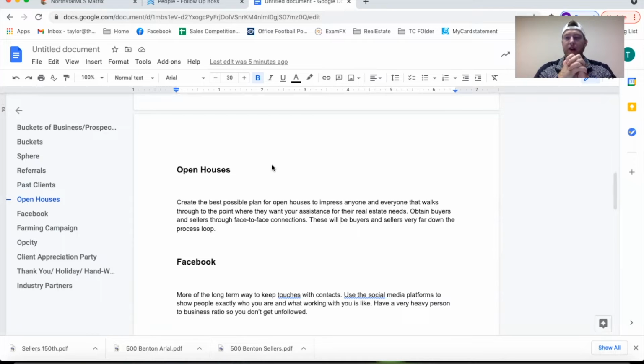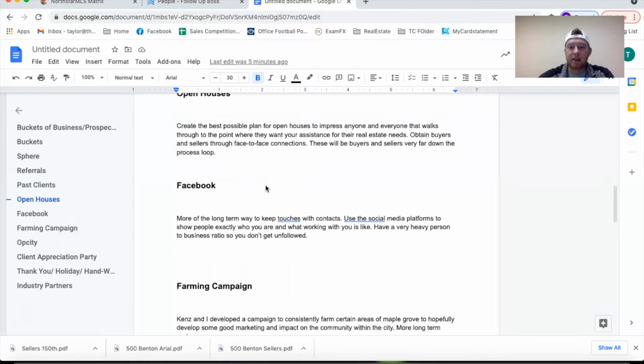These are really good opportunities to get in front of people and hone your skills as an agent, as a relationship builder, to just really dive in and get in front of people that could potentially buy a house. So this is a very proactive way of pursuing real estate activities. That's ultimately what it comes down to: prospecting, developing relationships, and actually having clients. You could be the best agent in the world, but if you don't have any clients, you're going to go nowhere. Your business will not grow.